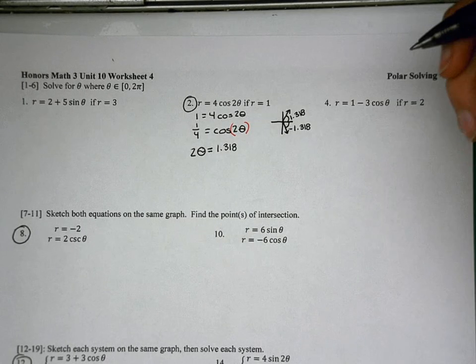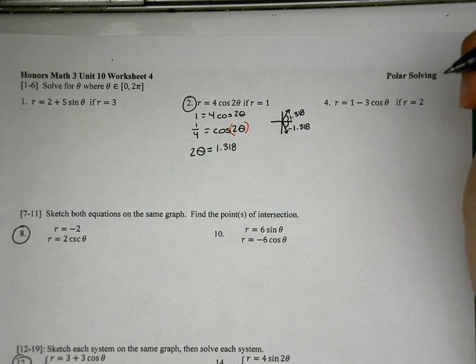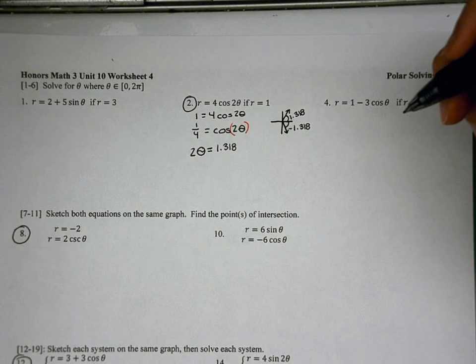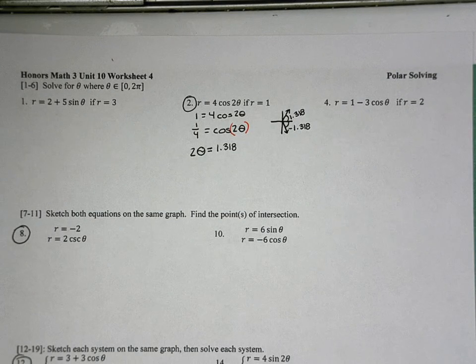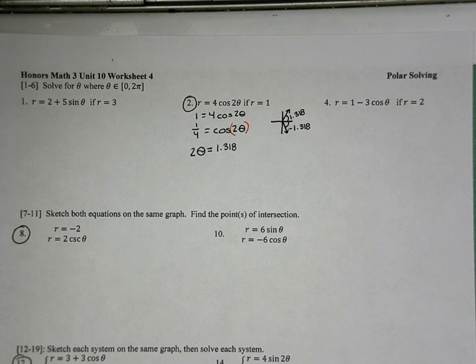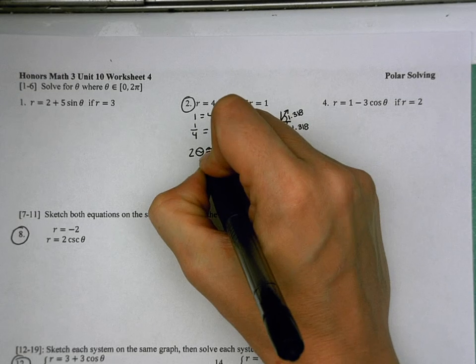Right, when you think about it, 2 pi minus 1.318 is the same thing as negative 1.318 plus 2 pi, right? So you're doing the same thing, it's just a different way of thinking through that problem. Both of them, whether you think of it as negative 1.318 plus 2 pi or 2 pi minus 1.318, you get, and these should be approximately